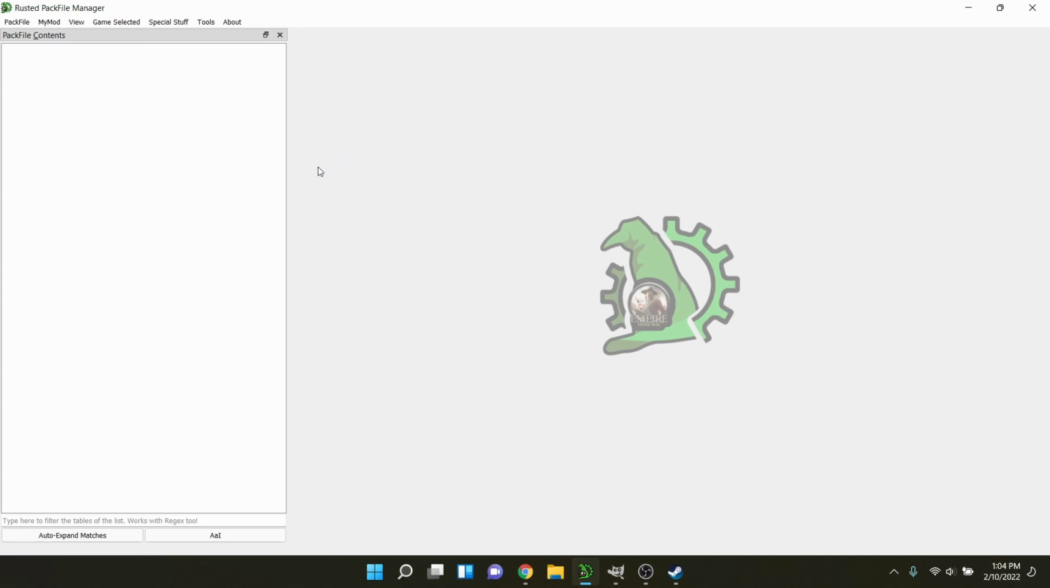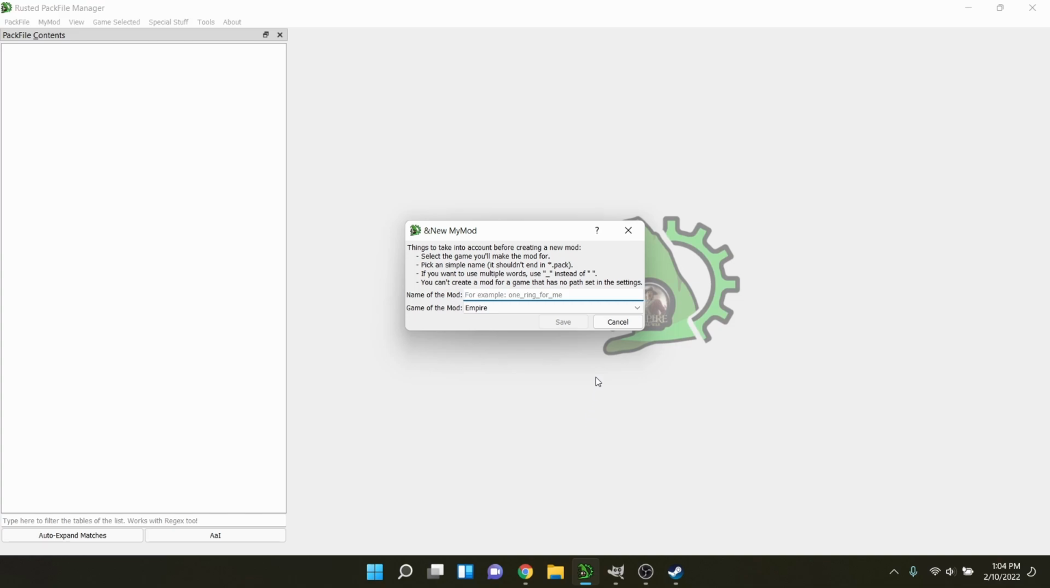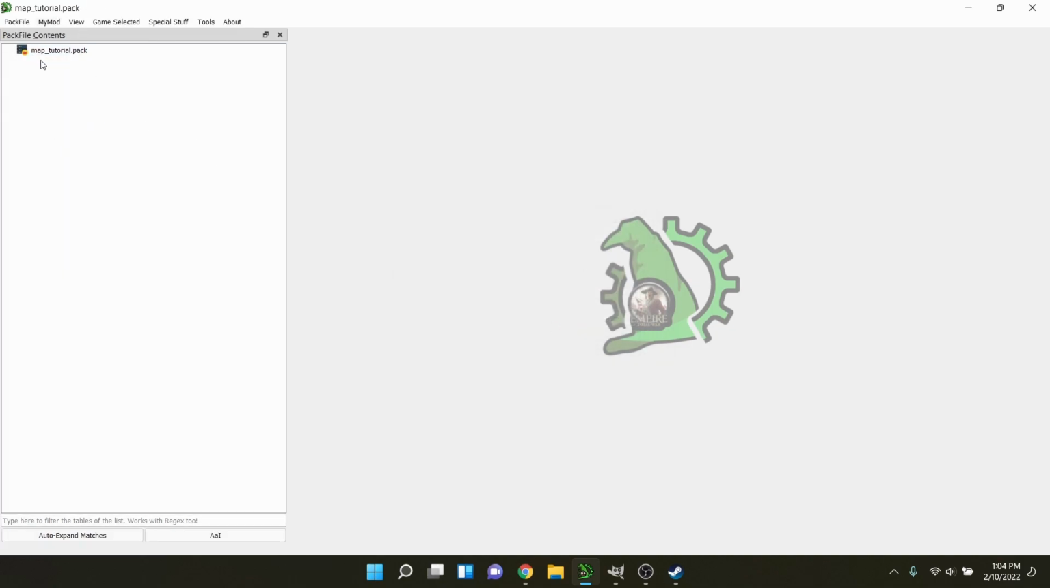The very first thing you guys are going to want to do is open up your pack file manager and make sure the game selected is Empire. It should have the green logo there. And then you're just going to create a new my mod. So my mod, new my mod. And we're going to call this, for me, I'm just going to call it map tutorial. You can't have spaces in pack files, so if you need a space, just do an underscore like that and save it. So now we have an empty pack file,